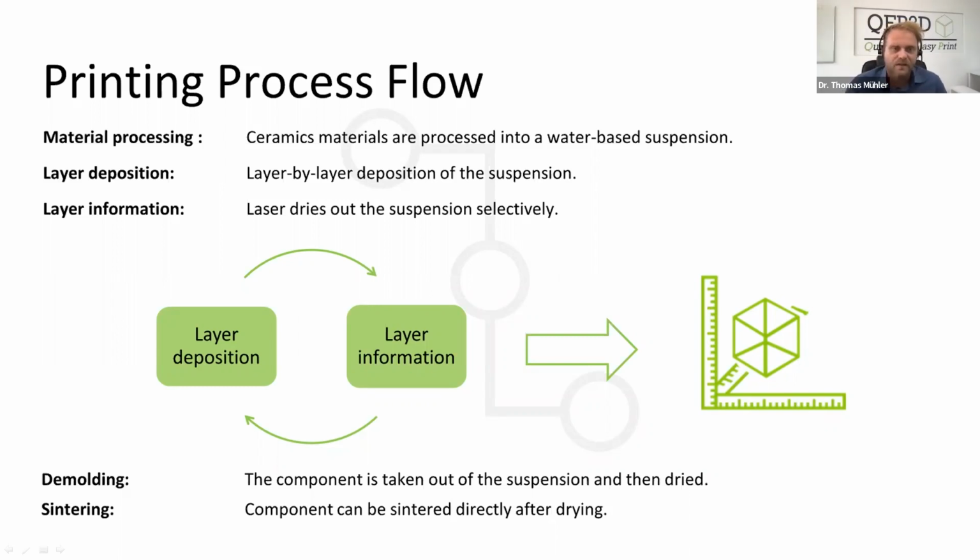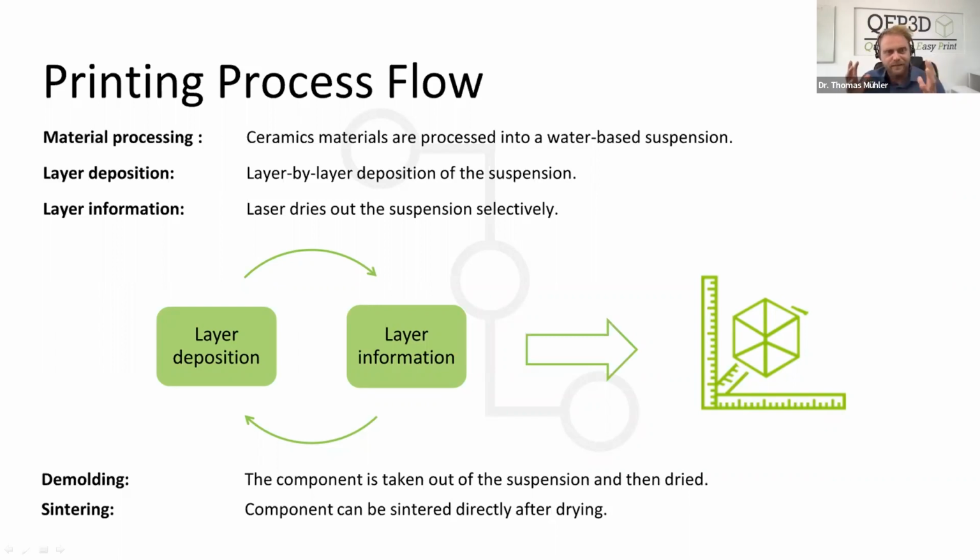The suspension is deposited layer-wise by a dispenser unit onto the build platform and subsequently is moved by a doctor blade. In order to write the component information into the suspension, a laser selectively dries out the suspension,